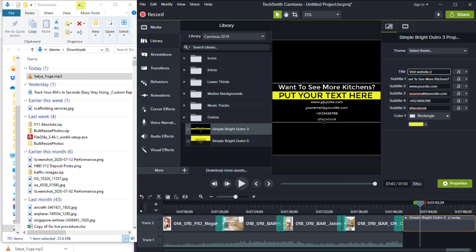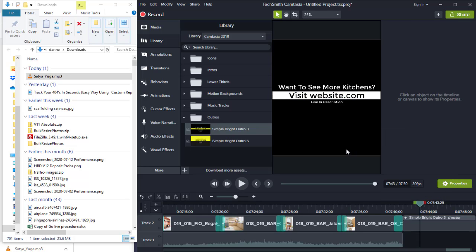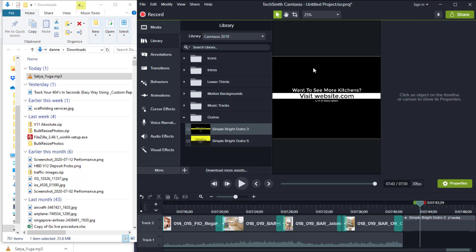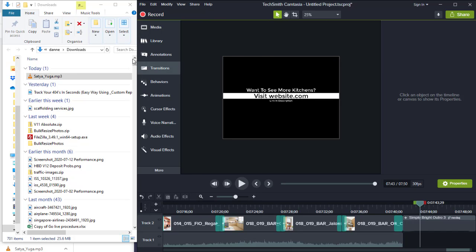visit your website, and then all we want to do other than that, if we just delete everything in these other boxes for now, and then in this one here, if we just put link in description, we want to make this as easy as possible for people. And then if we just change this color to white so it looks a little bit better, and then when you look right here, what it looks like is that